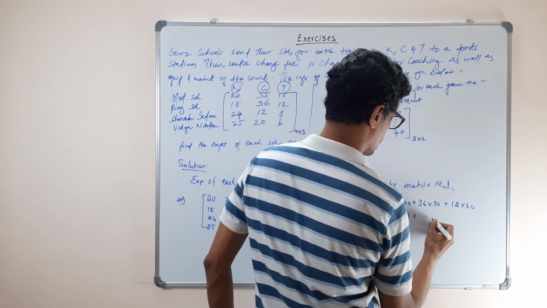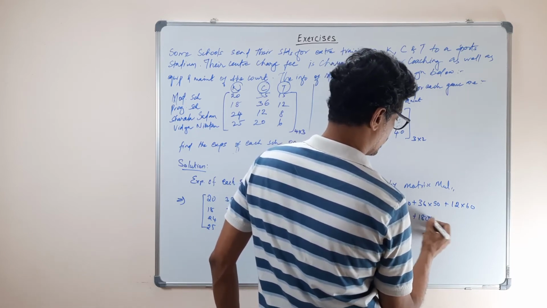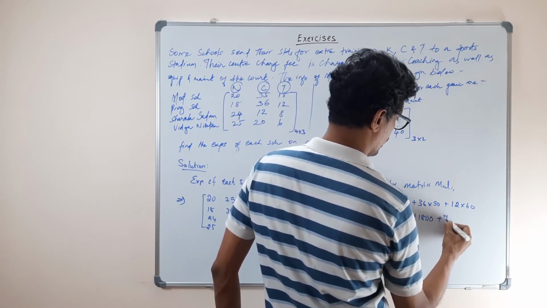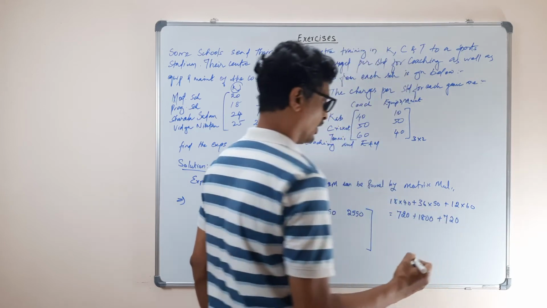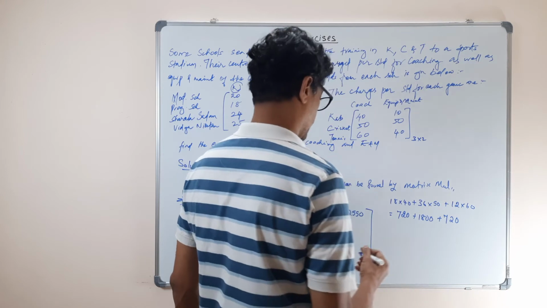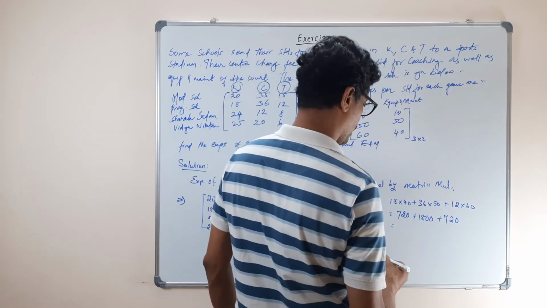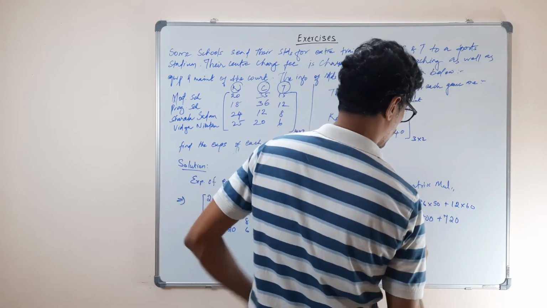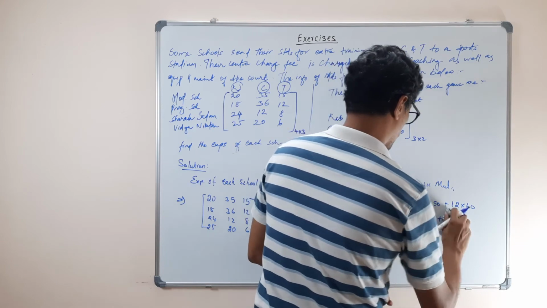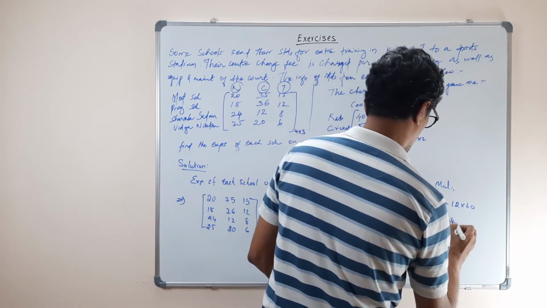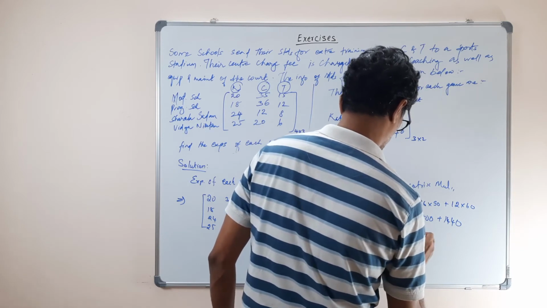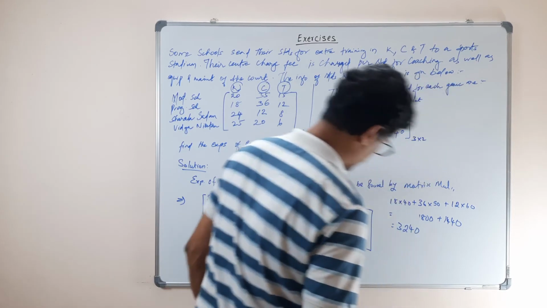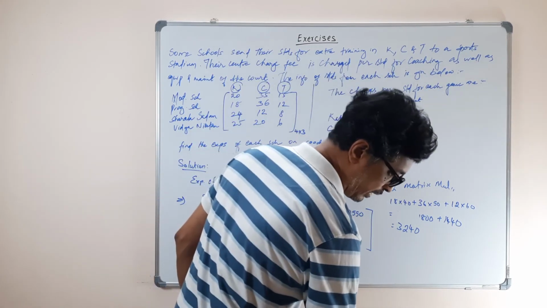720 plus 1800. 1800 plus 720. They both are the same or what? Okay, fine. Yeah, 720. Correct. So how much will this be? 1440. So both will make it 1440, correct? 3240. Correct. Yeah. So similarly you can do the rest. I guess the book has done it correctly.